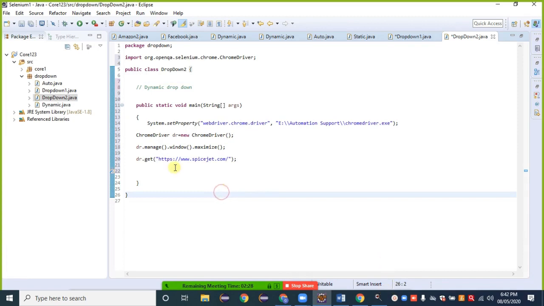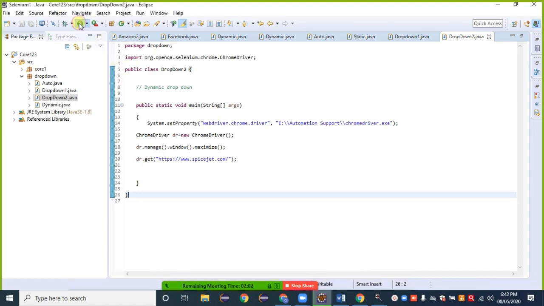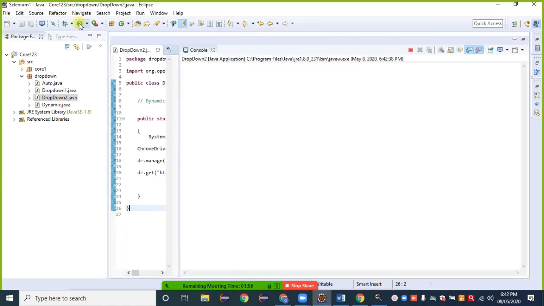Providing the URL here, opening that one. Browser launch.